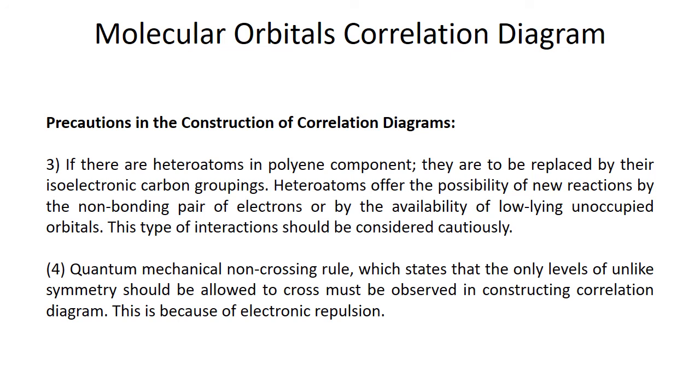Then from symmetric, it goes from HOMO to the LUMO of another molecule. Let's assume it is symmetric, then we say that a symmetric transition is going on. But from symmetric to asymmetric we can't carry it out, and also we can't leave one symmetric behind and go to the next one.